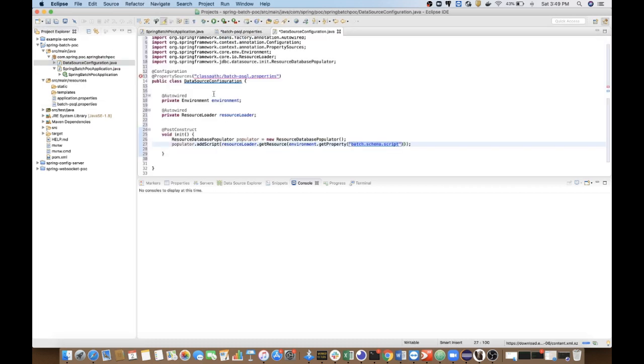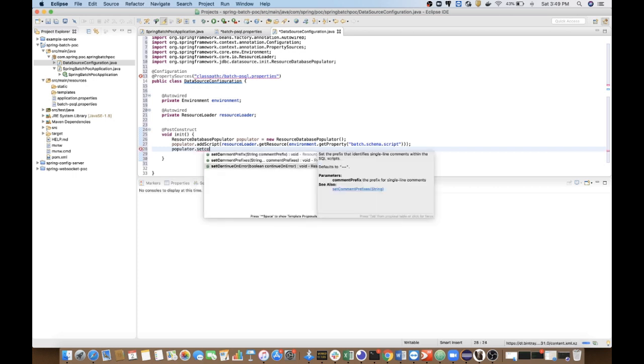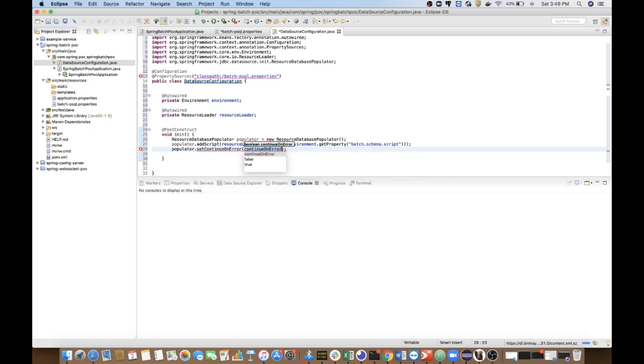So far so good. Now there is a method setContinueOnError, so for now we are saying true.